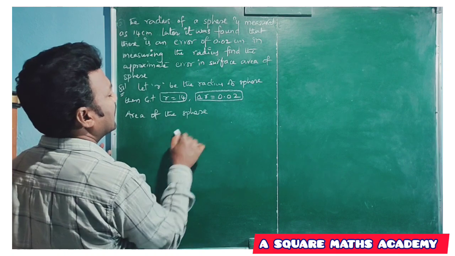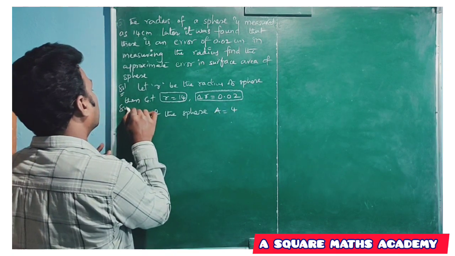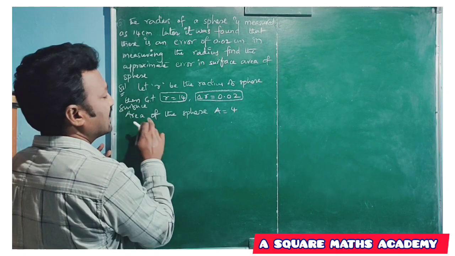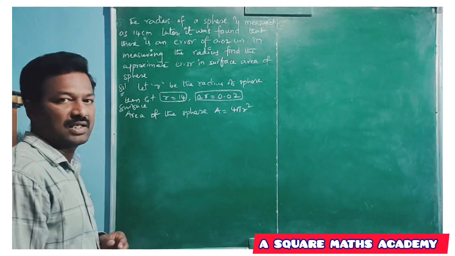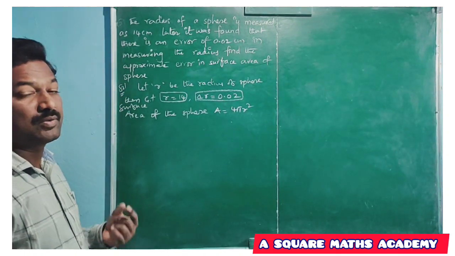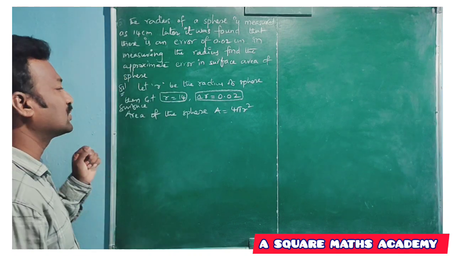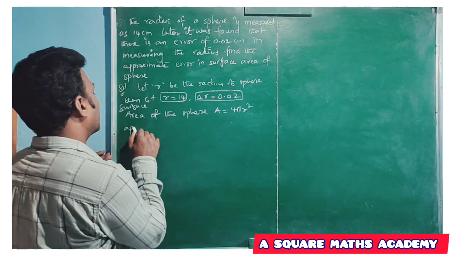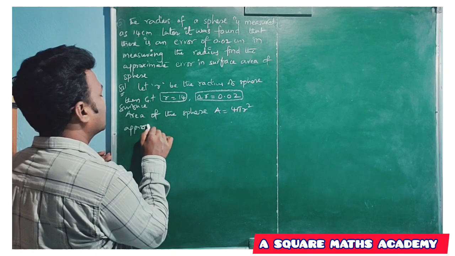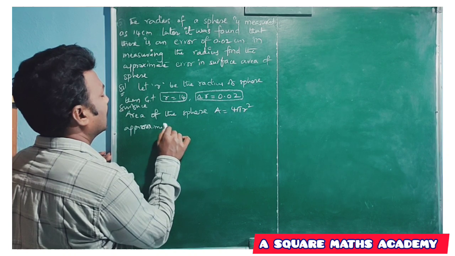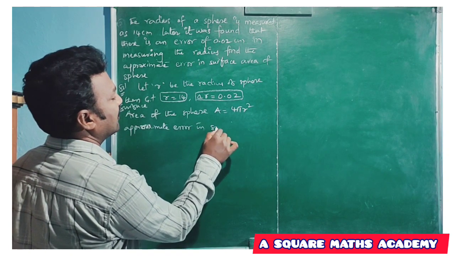So what is that one? That is A equals to 4 pi r square, the surface area of the sphere. We find out here the small error, that is nothing but the approximate error. Approximate error in area, surface